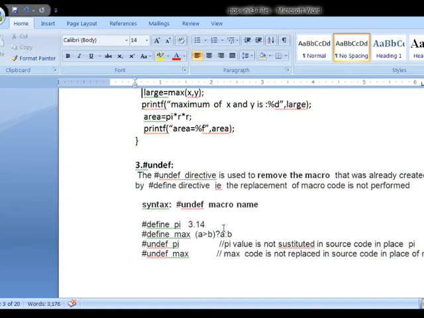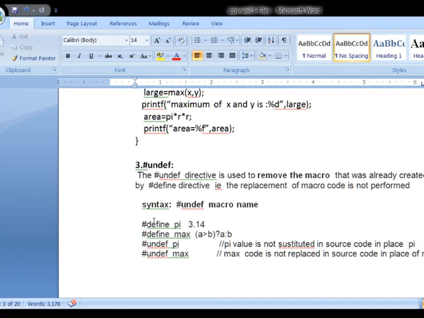Now if you want to deactivate already created macro names, you can achieve this using undef. You don't have to write the code, you just have to specify undef and the macro name.